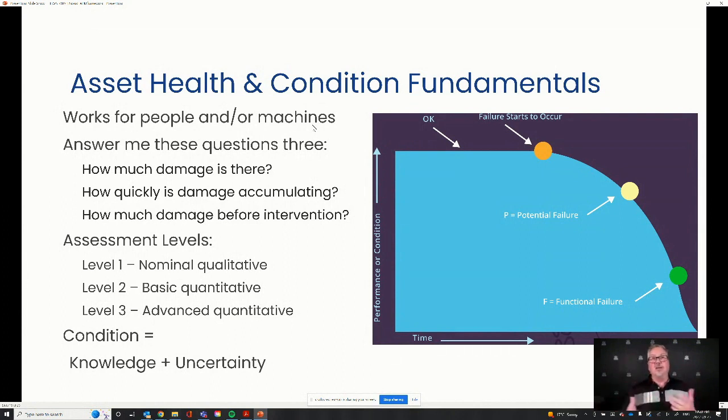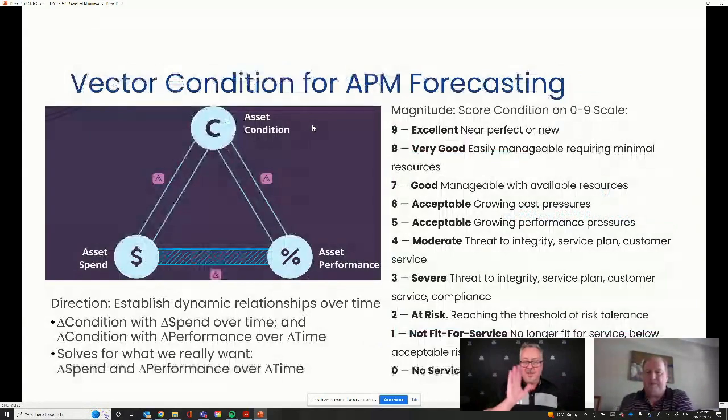So we tend to go forward with our decisions with our knowledge. How could we not? But I've learned that just as important as what our knowledge is, or what we believe to be true, is our confidence in that. And that's the uncertainty piece. So I encourage people to, although it's uncomfortable to do so, admit what we don't know or what we'd like to know. That's every bit as part of the importance of knowledge, is that uncertainty about that knowledge in order to make a quality decision. The other piece of asset performance, condition...